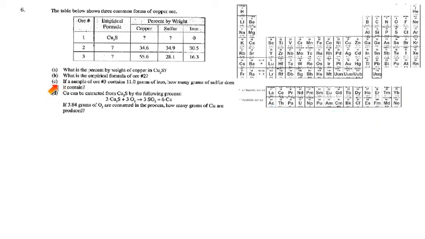In part C, they say if sample ore number 3, so we're down on this one now, contains 11 grams of iron, how many grams of sulfur does it contain? Well, clearly, if 11 grams of it is iron, then more of it has to be sulfur. We just have to figure out the total mass of the sample. It's got to be a lot bigger than 11 grams. So, if I have 16.3% iron, then 0.163 times the total mass would come out to be 11 grams. So I can solve for my total mass by dividing 11 by